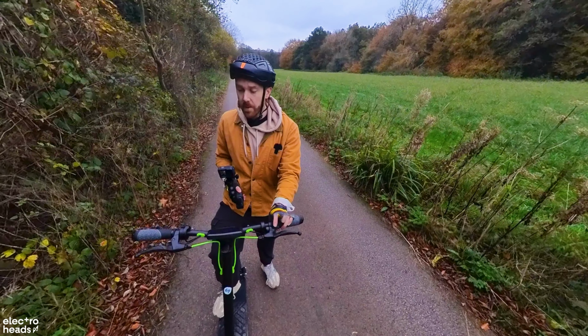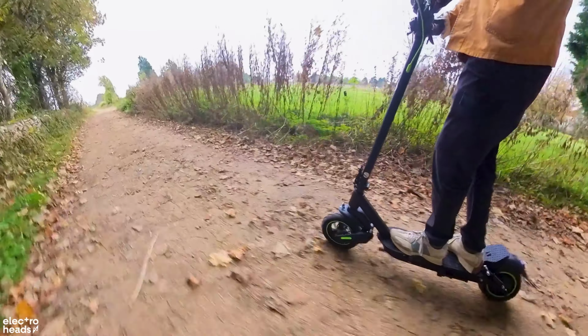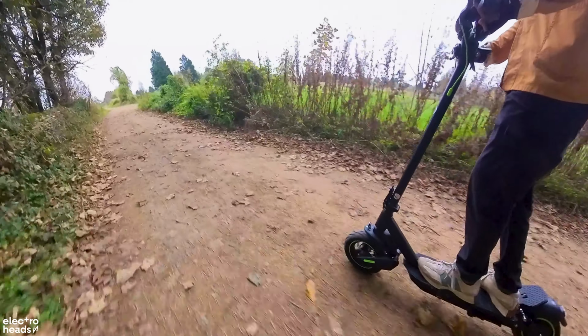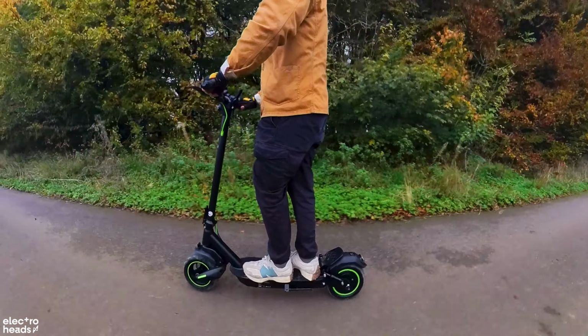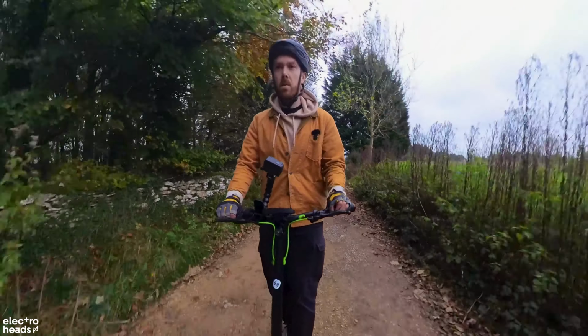So I am impressed by this, especially for the price of 550 quid, I have to say. It's worth noting that the iSinwheel S10 Max is available pretty much worldwide, and having ridden my fair share of scooters over in the US, I think this would be a great option for US cities and suburban areas. It's a pleasant scooter to ride in the limited speed mode and a hell of a lot of fun in